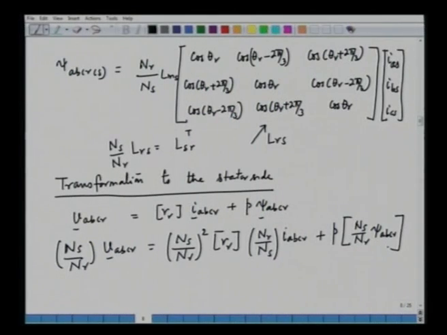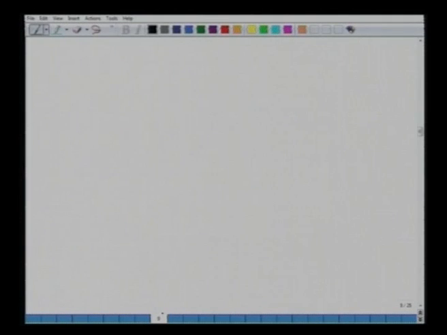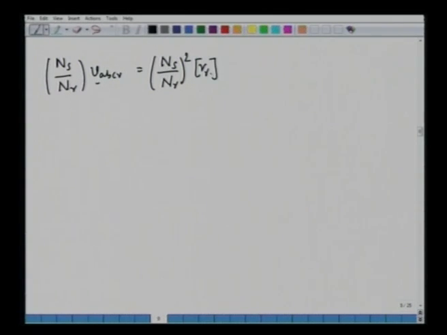This we can write, and we can further simplify this in the following fashion: Ns by Nr into VABCR, that's equal to Ns by Nr square RR, Nr by Ns IABCR